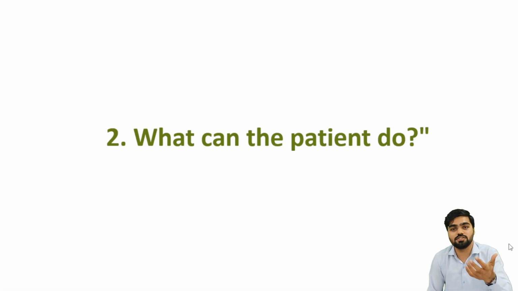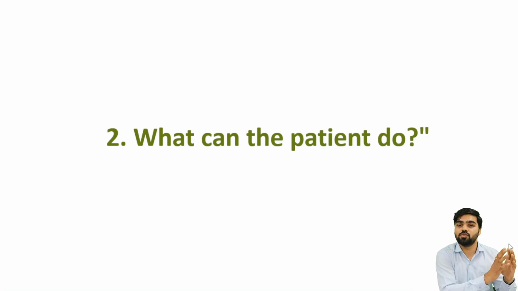If a patient comes with a frozen shoulder, first you will see how the frozen shoulder occurs. You get to know, okay, the patient needs treatment to fix this frozen shoulder. Second thing will be what can the patient do. Now you will be assessing how much the flexion range is, how much the abduction range is, how much the internal and external rotation range of the shoulder is. On the basis of that, you will identify the base level at which the patient can do activities, and you have to improve from this level. It will also be helpful to track the patient's progress, whether it is getting better or not getting better.